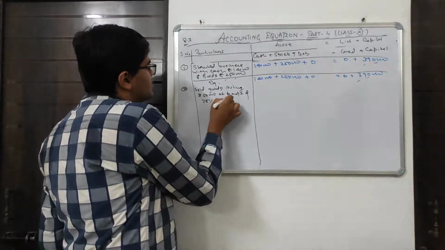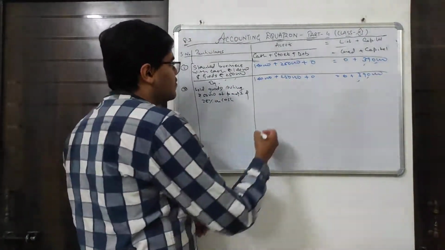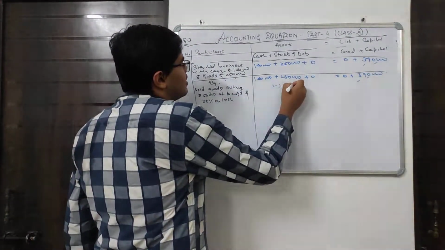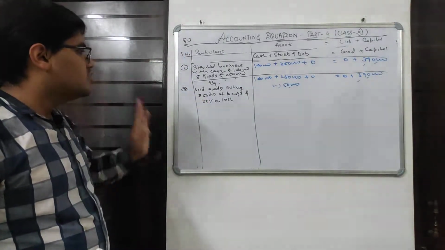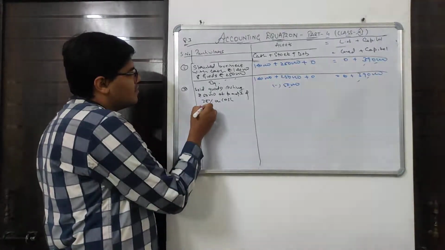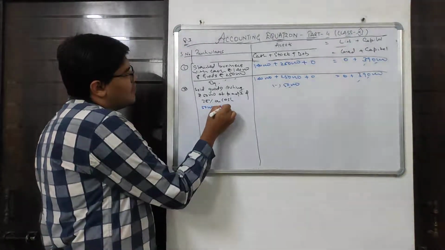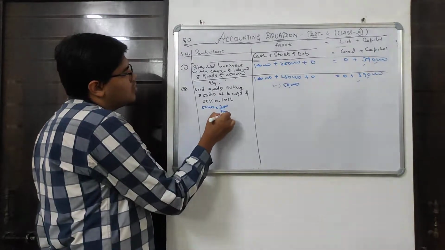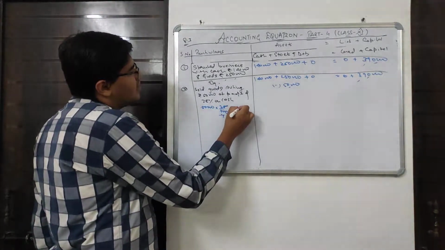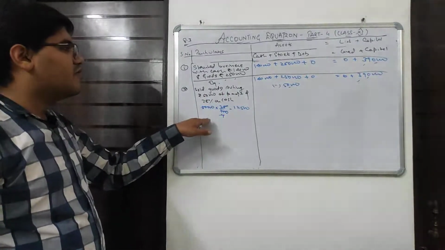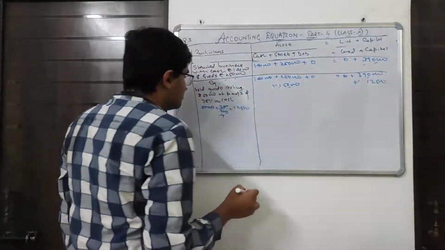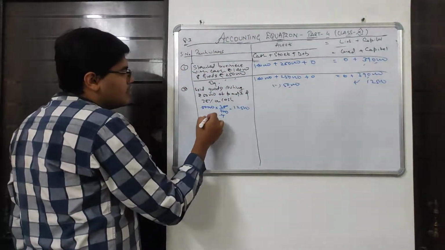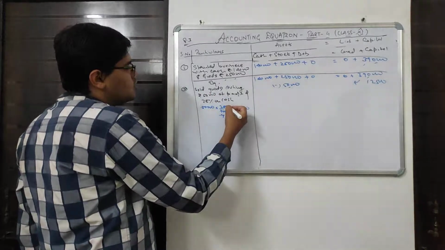at a profit of 25% on cost. Now the cost price of the goods is rupees 50,000. So stock of 50,000 will be deducted. Stock is going out from our business. And 25% of 50,000, which is 1/4, will be 12,500. So 12,500 will be profit, and profit will be added in the capital. And now what is the total? Total will be 50,000 plus 12,500.